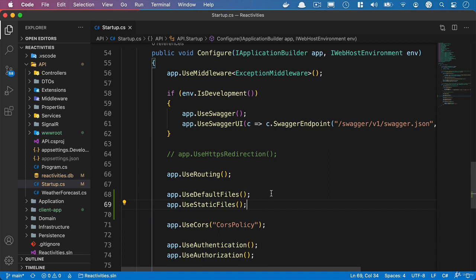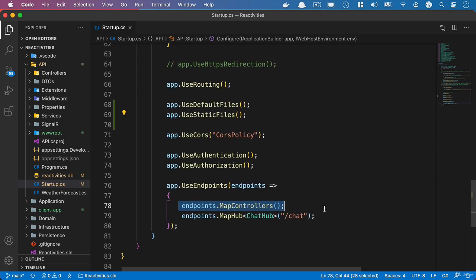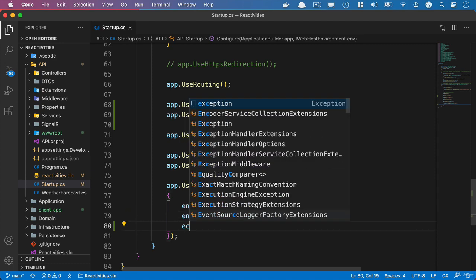And what we also want to do, because our React routes need to be served by React Router and our client application, we don't want to confuse our API when a client route is specified, such as /activities. Our API controller is only interested in routes that it knows about, and that's anything beginning with /api or /chat. And what we need to do is provide an endpoint so that it can deal with any routes that it's not aware of. And the way that we do that is we specify another endpoint in here,